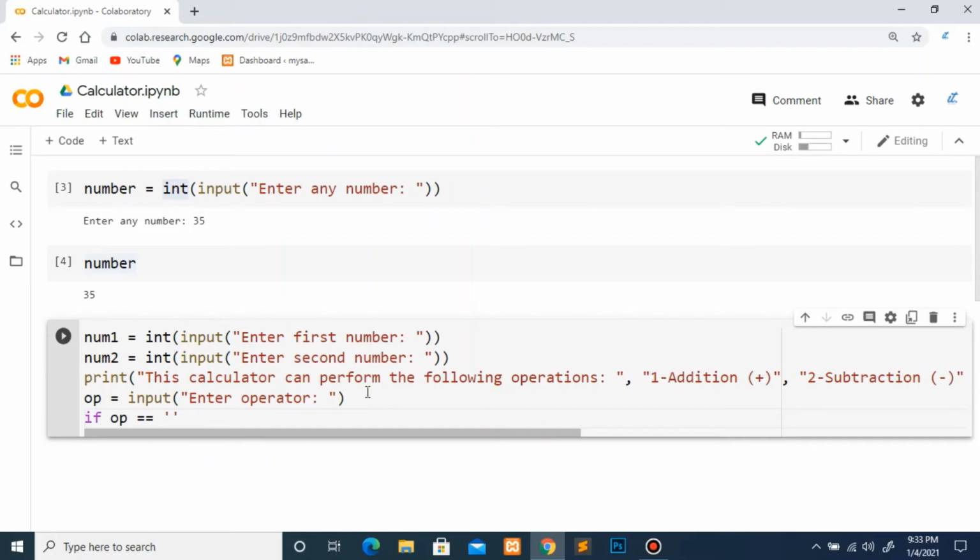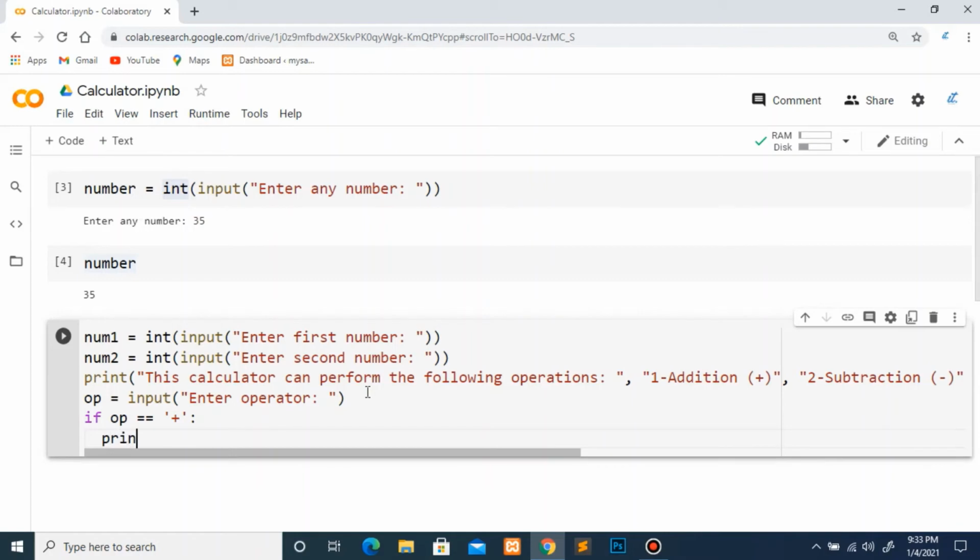Then if I say if operator is equal to plus, then print number 1, comma, plus, number 2, comma, equal, then number 1 plus number 2.